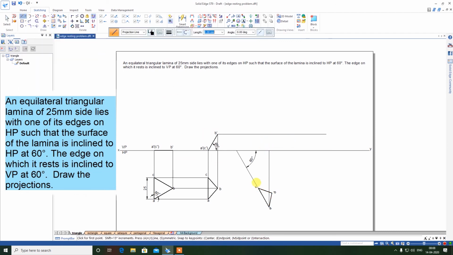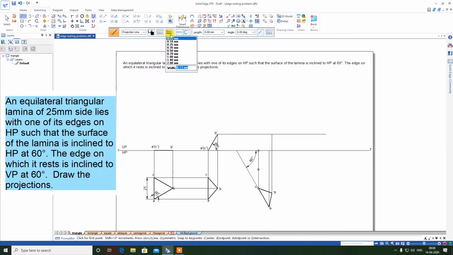Again go to B. B is on the second line. From here to here, till that I draw the line. Again go to C. Where is C? C is on the XY line. Over. I got all 3 points.